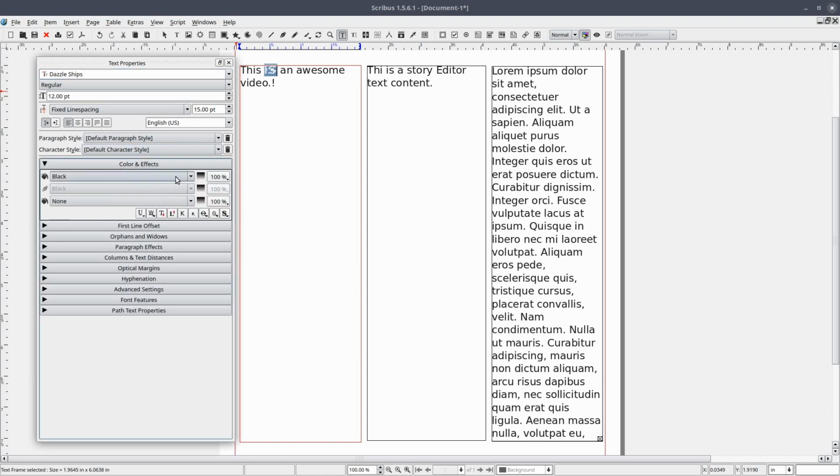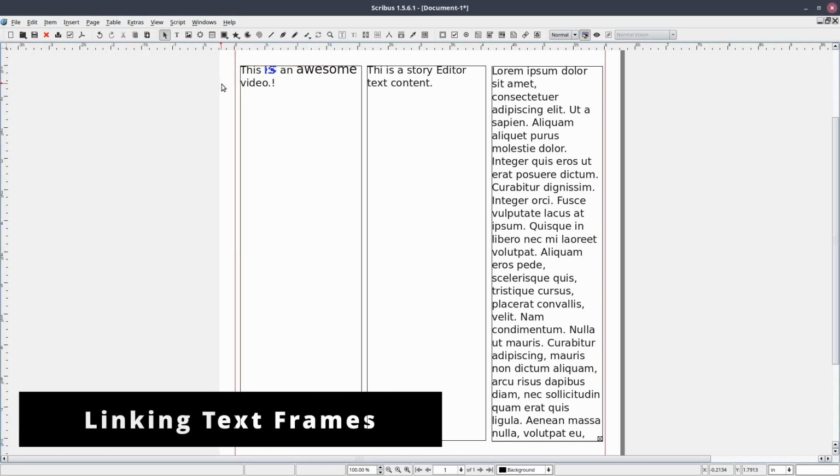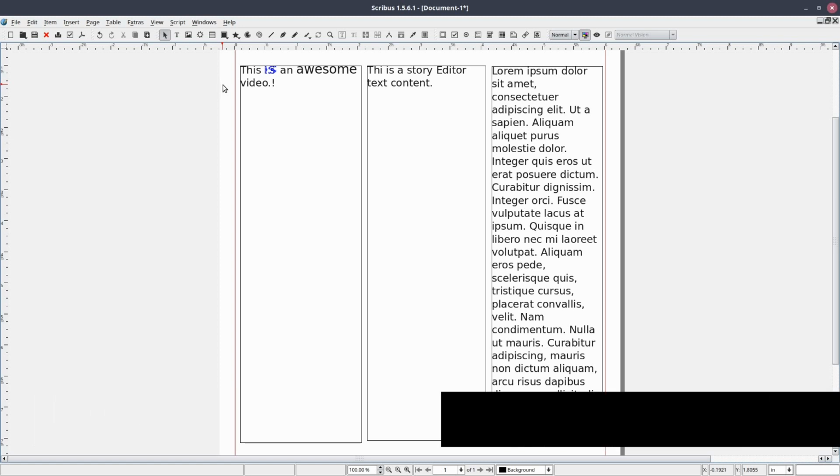Let's change the color using the color panel. Blue, maybe? Yeah, let's go with blue. And let's change the size of the font. Yeah, that looks good.